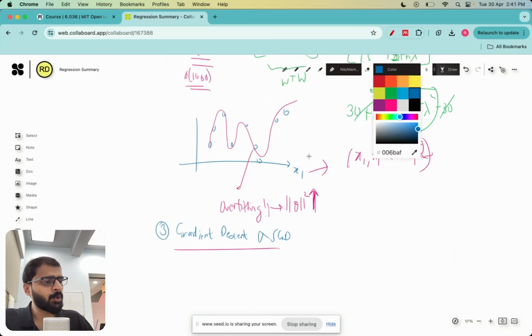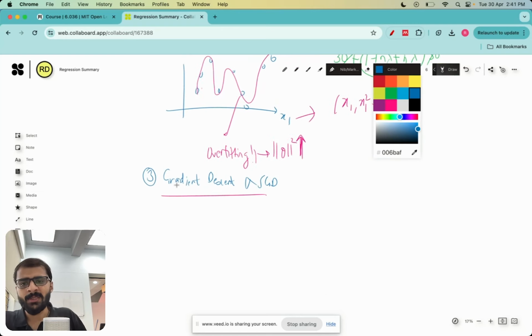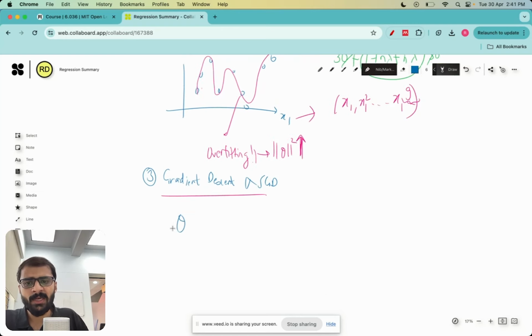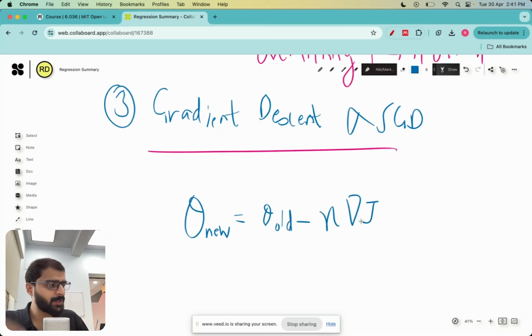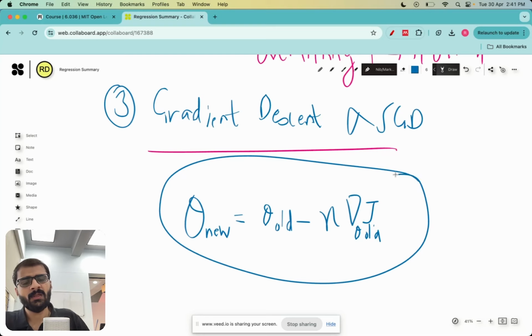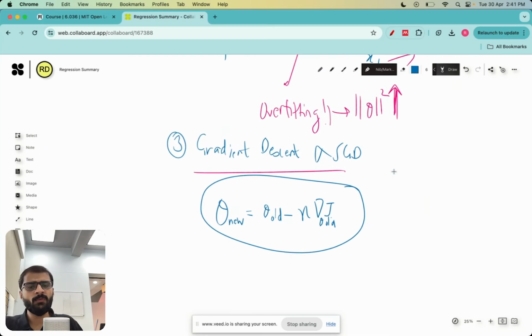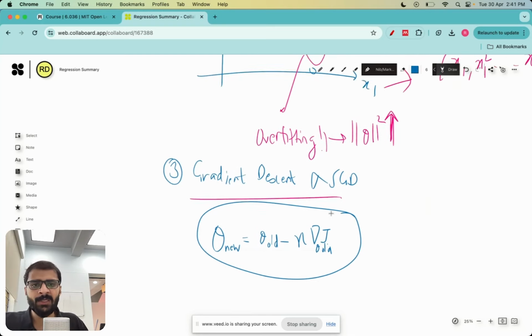In gradient descent, what is usually done is that we start with a particular theta, and then we do this kind of a training loop. Theta new is equal to theta old minus some learning rate times gradient of J with respect to theta old. Now, here if you find the gradient of J, it turns out that